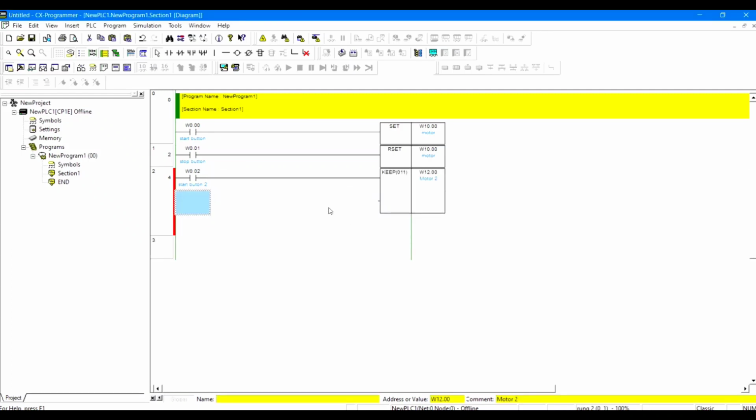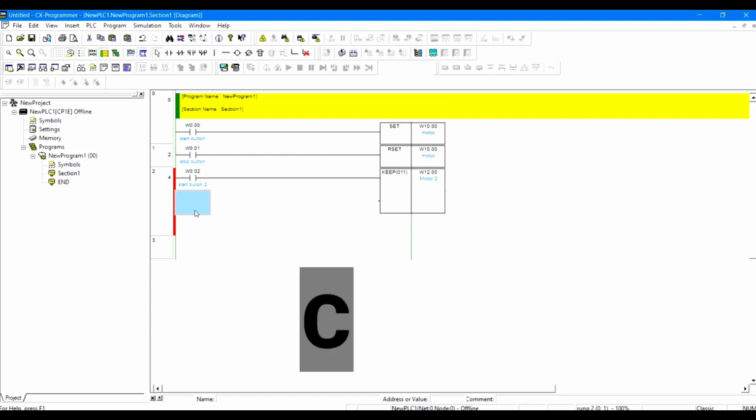As you can see, the line is red, which means it has an error because we have not entered this. We have to insert another instruction here. So for KEEP we have to give the set button and reset button both in the same rung.